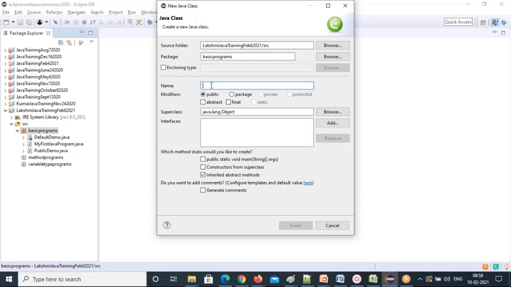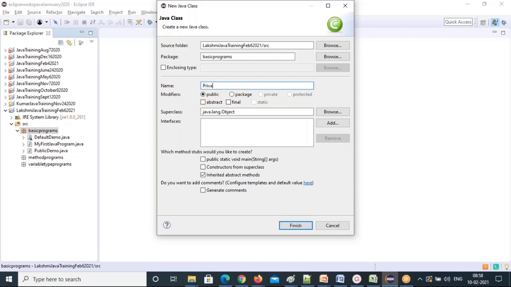So that means your class can be only either public or default. For class, private and protected keywords are not applicable. You cannot create a private class. This is very clearly proven here.